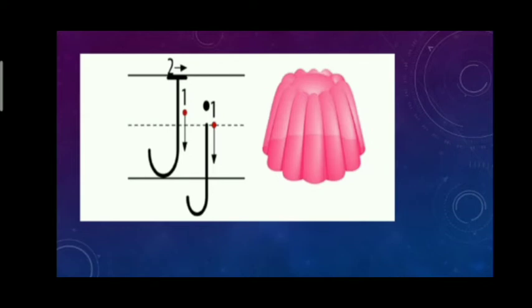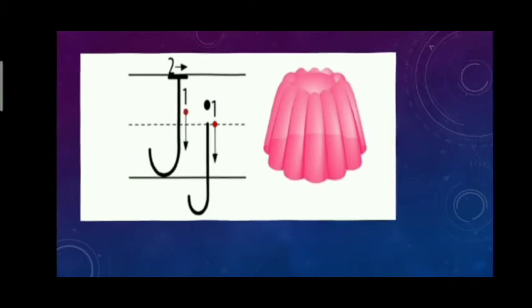Coming to the small j, see this j is made in 2 lines. Look at arrow number 1, starting with the red dot, a standing line, then a curve. Same as the capital J, just there is also a small dot at the top of small j. Next letter, K. K for kite. There is the same procedure between them.